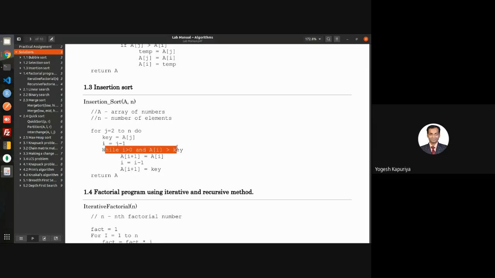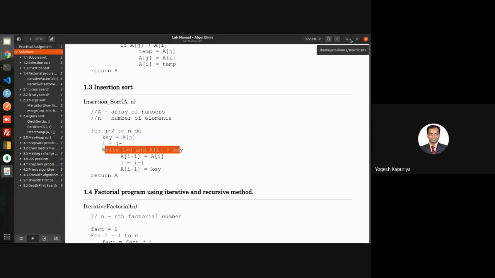When it comes to the comparison, they are the same, right? The time complexity of bubble sort is also big O of n square, and it is also big O of n square in this case as well.